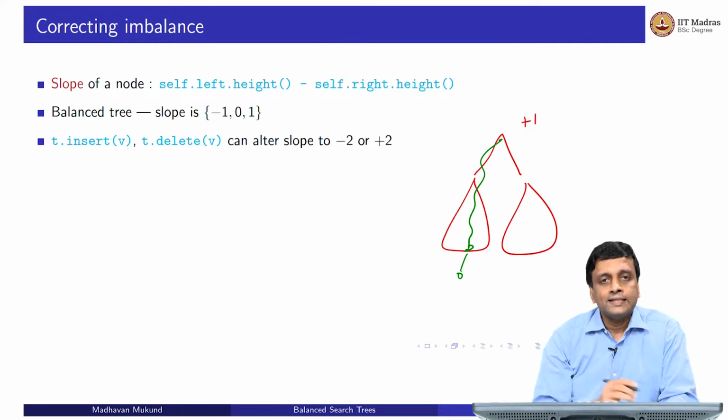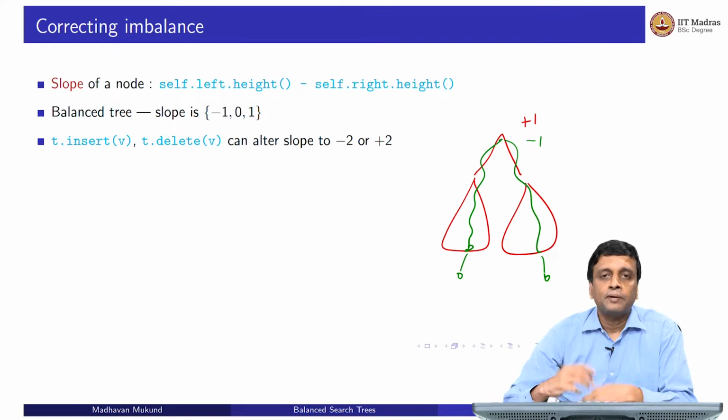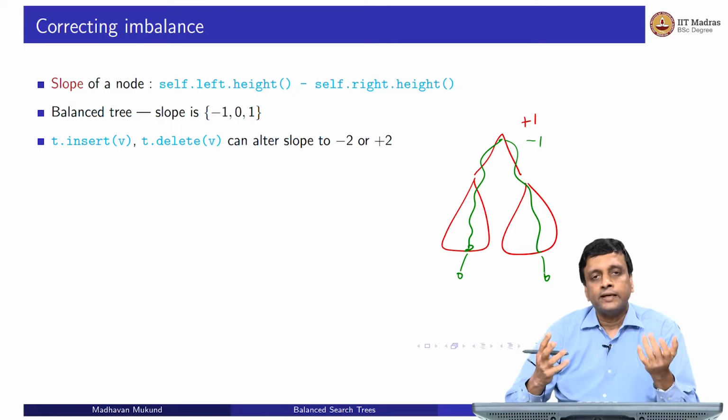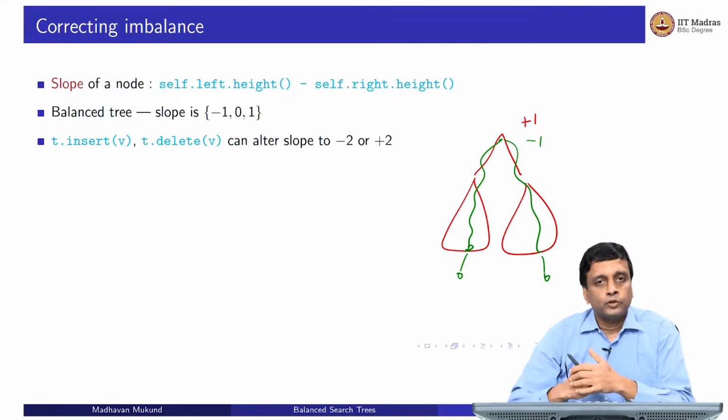So it will now increase the height perhaps of the longest path on the left by 1, and so the slope will go from plus 1 to plus 2. And the same thing could happen on the right hand side, right? Instead of this, if it had been minus 1, it could have been that I come here and add something and it becomes minus 2. So insert can clearly make something go from plus 1 to plus 2 or minus 1 to minus 2,